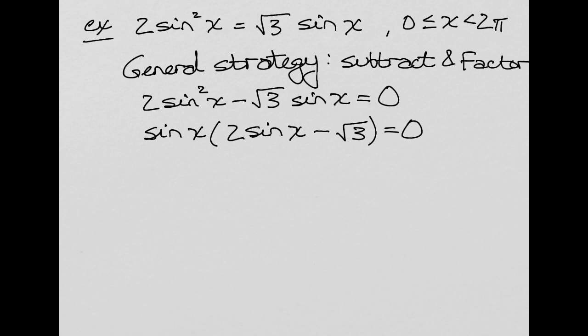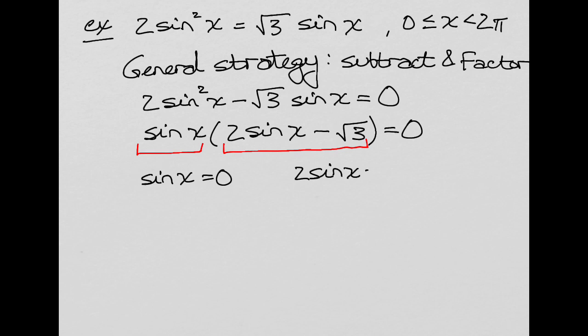Again, thinking about quadratic equations that you've met in your past, what do we do now? We use the zero product property that says if I have two things that when I multiply them together, I get 0, one or the other of them had to be 0 to begin with. So we'll set each factor equal to 0. Either sine x is 0 or 2 sine x minus root 3